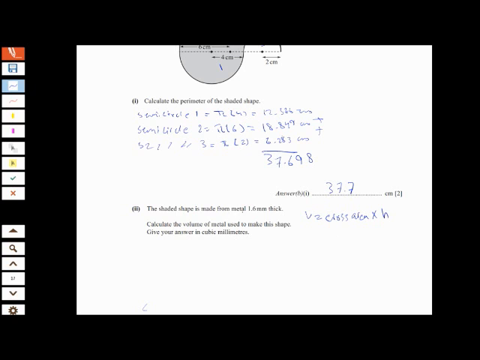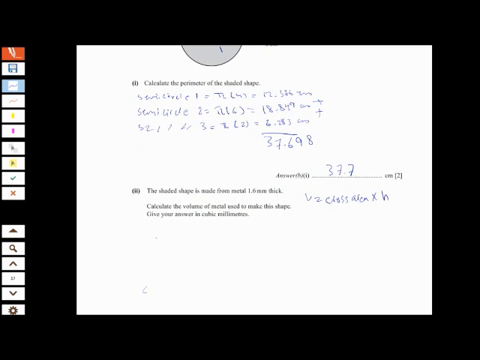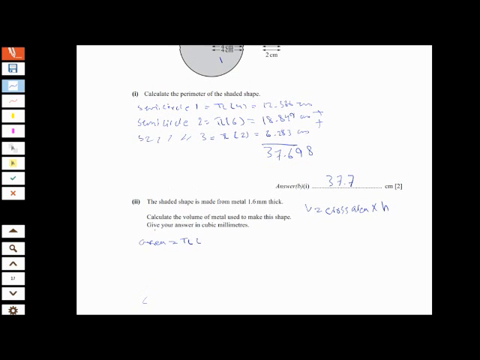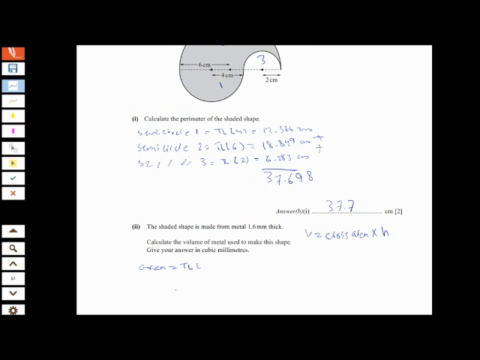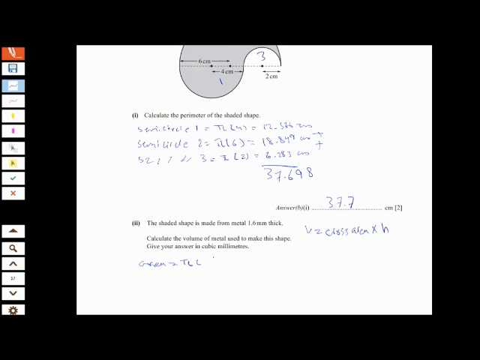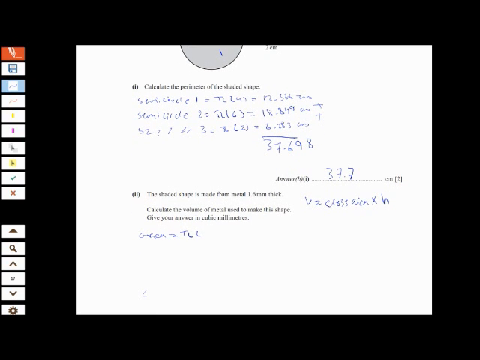And now to find the cross-sectional area. The total area, let's start with the semicircle one, pi r squared over 2. But pay attention here, the units here are in centimeters and the height is in millimeters, and they want the final volume in cubic millimeters. So you have to convert the centimeters to millimeters. So it's basically pi times 40 millimeters squared over 2